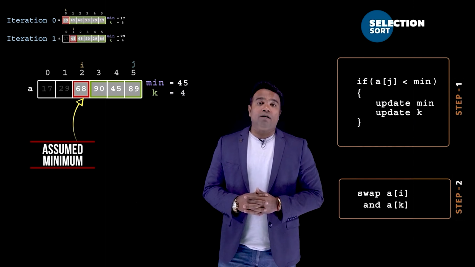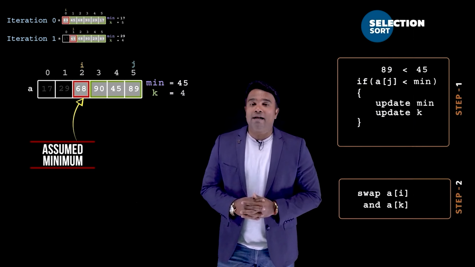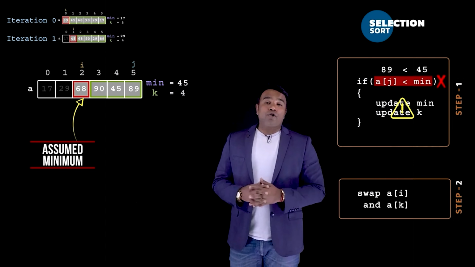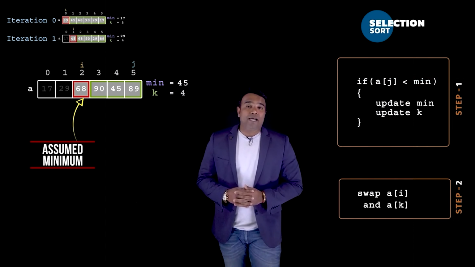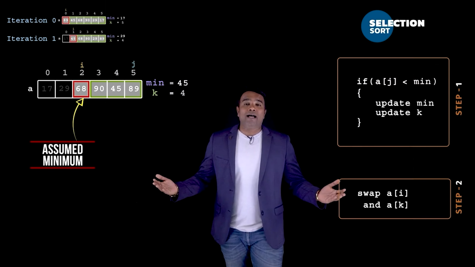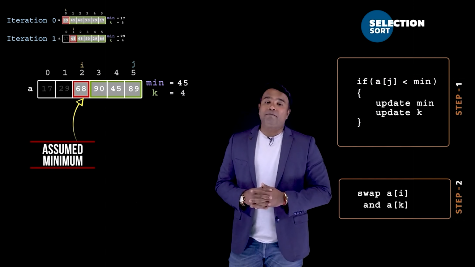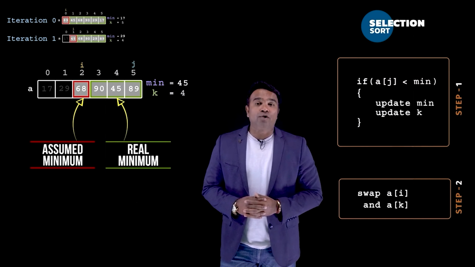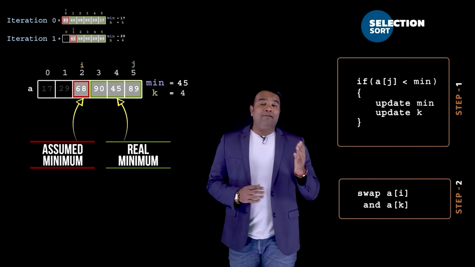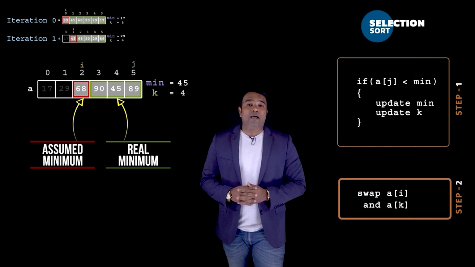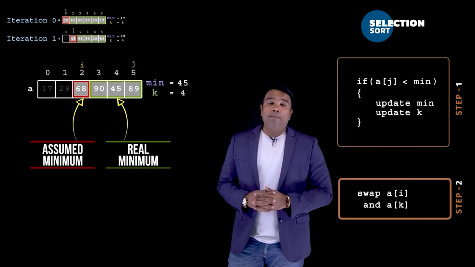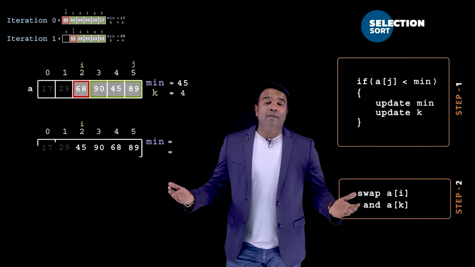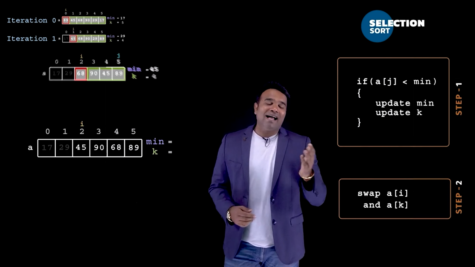location. You know the a of j happens to be 89 and 89 is not lesser than the minimum. Anyway, I will have to stop the scanning there because I have reached the end of the array, but then again I have found out the real minimum. As you can notice, the real minimum happens to be 45 at the 4th position, and as per the logic, I will have to swap a of I and a of k, which means I will have to swap 68 and 45. And the remaining elements would remain as they are, and as normal, I will have to proceed to